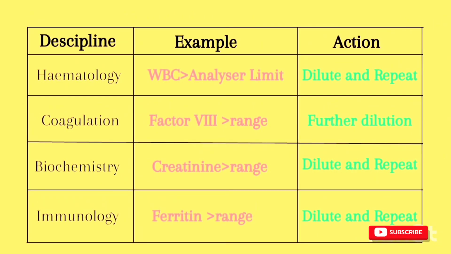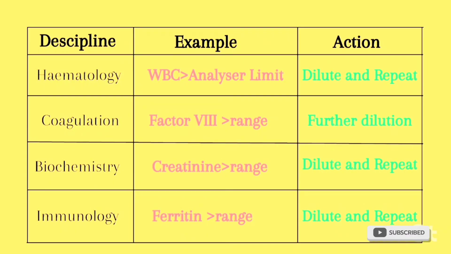Okay, fab. Now, as I try to bring this to a close, imagine that these are different departments: hematology, coagulation, biochemistry, immunology, as the case may be. It doesn't matter, anything that is outside the limit of the analyzer, anything above the limit of the analyzer, you dilute and repeat it, whether it is white blood cells, factor 8, creatinine or ferritin. Once they are outside, what do you do? You do dilution. Sometimes if you do 1 in 1 dilution, like for example in factor 8, and of course in other things as well,